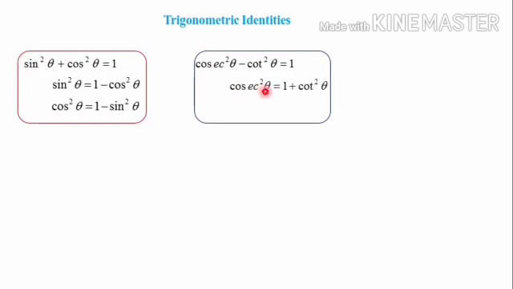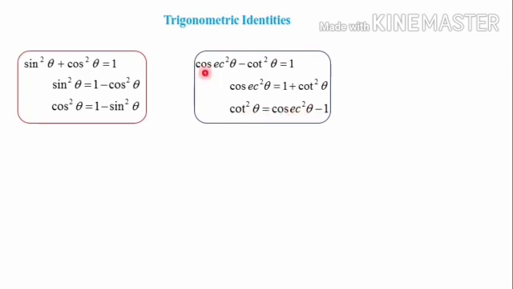The first one is cosec square theta is equal to this minus cot square theta. We can bring it to the right, that becomes plus cot square theta, that is 1 plus cot square theta. Next, for cot square theta, if you bring the cot square theta to the right it becomes plus cot square. Then the 1 on the right side we have to bring to the left, that means cosec square theta, this plus 1 bringing to the left means minus 1. So cosec square theta minus 1 is equal to cot square theta. So the result is cot square theta is equal to cosec square theta minus 1.